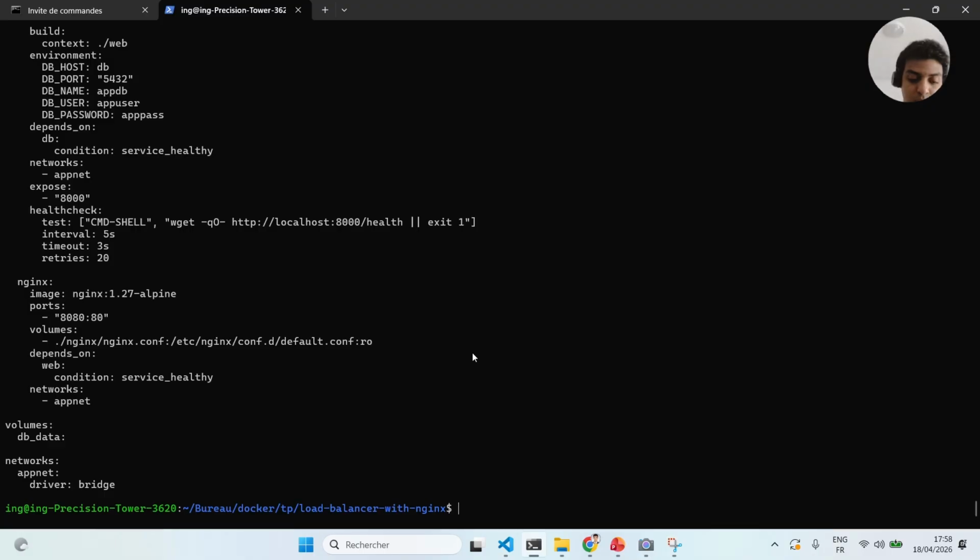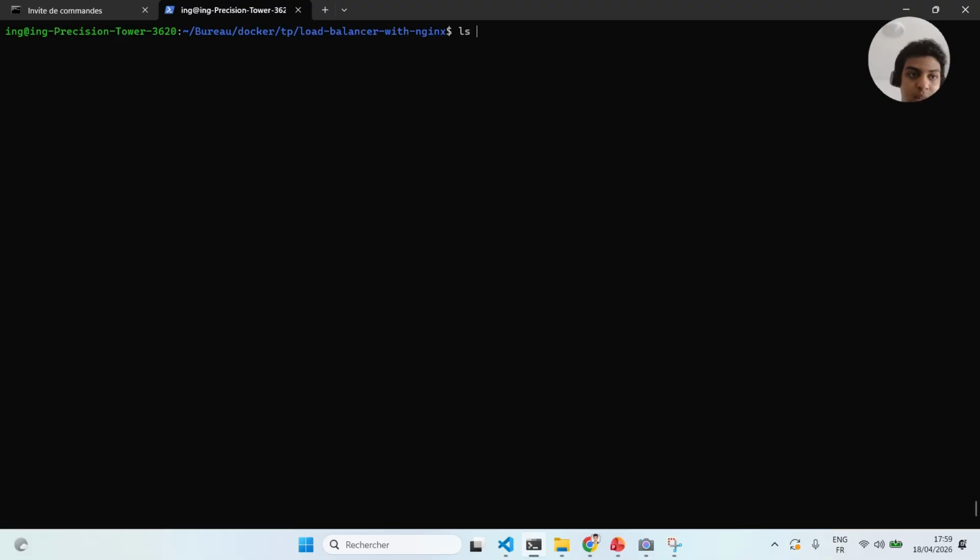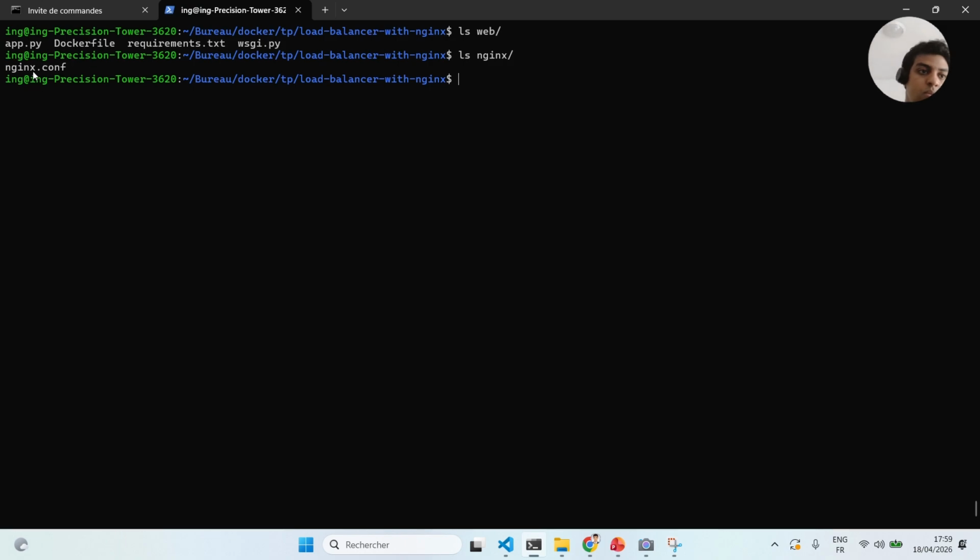let me just show you, in the web app, I have this. I have a Dockerfile, an application, and requirements, of course. And in Nginx, I have just a file that says what the configurations are for my load balancer. So to start my container or my app, I just need to do Docker. Of course, I already started Docker, so docker --version to make sure. Okay, it's very good.